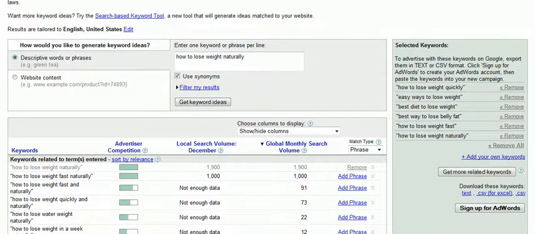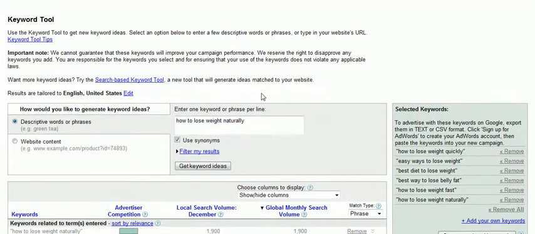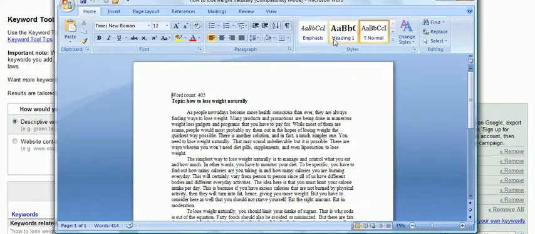So you want to go through and select about 10 keyword phrases that you could focus in and create some articles on. I've found one keyword here, how to lose weight naturally, that I've decided to go ahead and create an article on. And I want to show you what the articles will look like, because that's very, very important for this entire system.